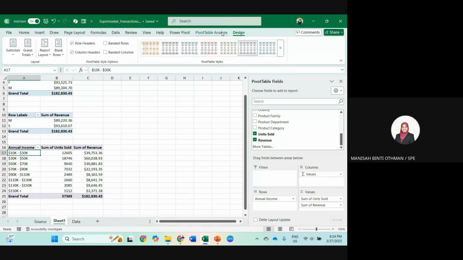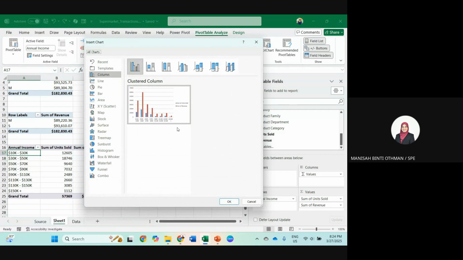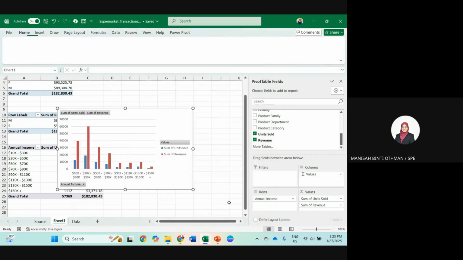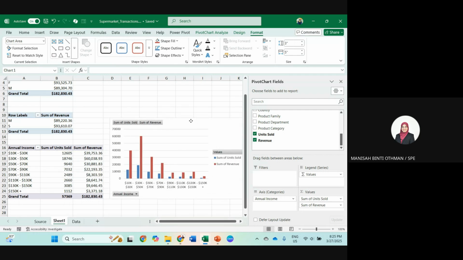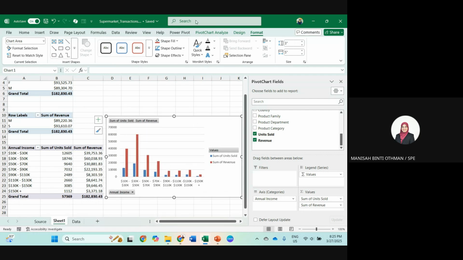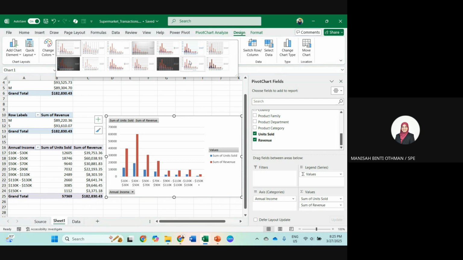Then you can add a chart. We suggest the proper chart. Click OK to visualize the chart. Click the table and then the chart. If you want to change the design, you can change it here.